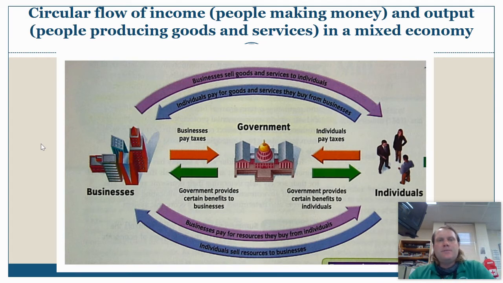So realize, and you don't have to write this down, you can if you want somewhere, but you want to be able to reference it. The success of an economy has to do with money flowing through it. Whether we have businesses or individuals, and those people are interacting, people buying stuff, people also working for these businesses, it creates a money flow throughout the economy. The more money flowing, the more jobs available, the better off more people are.